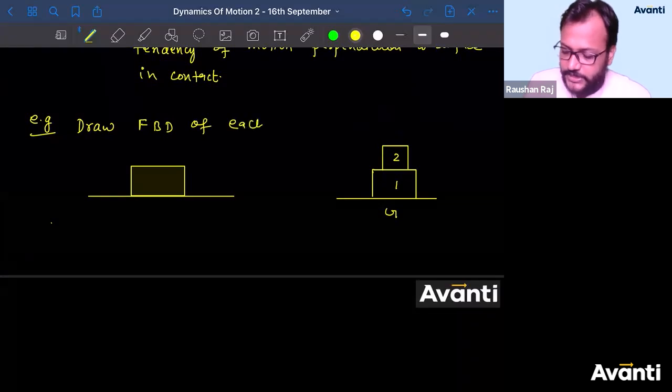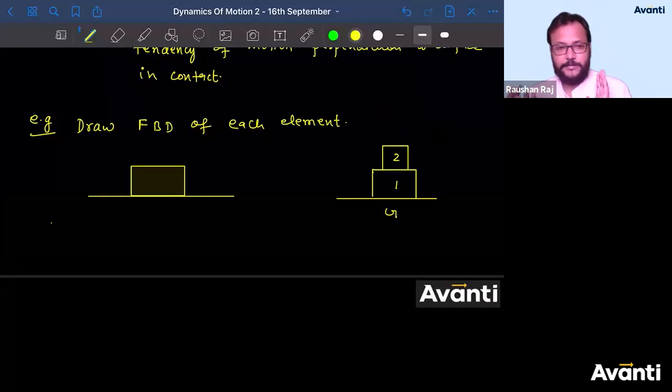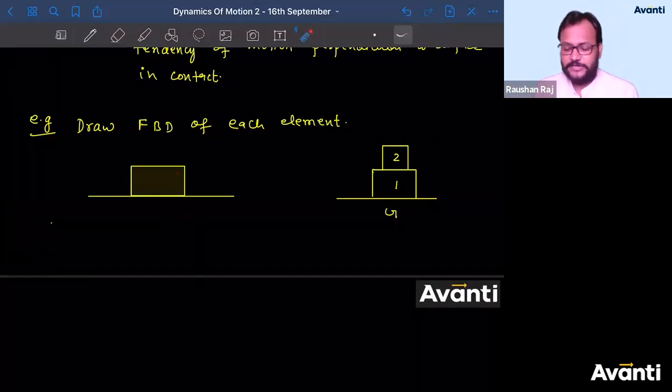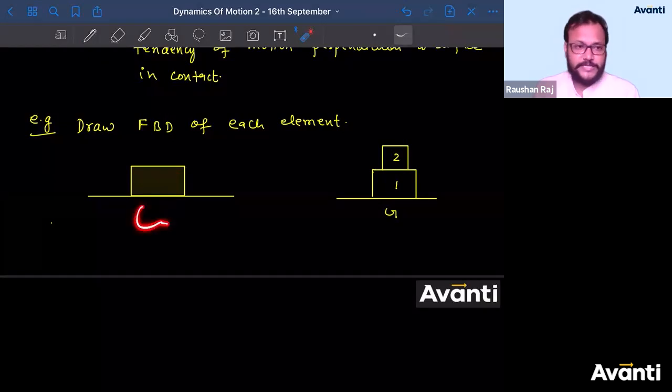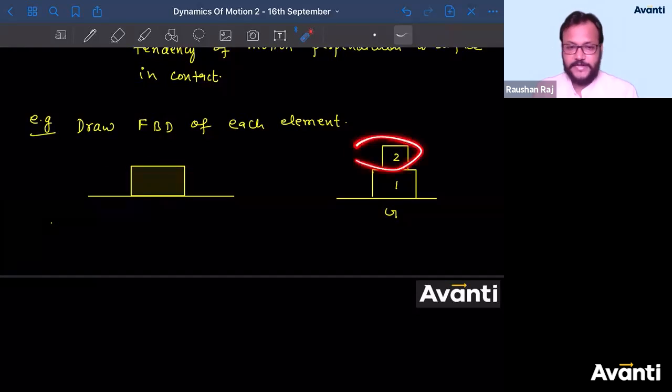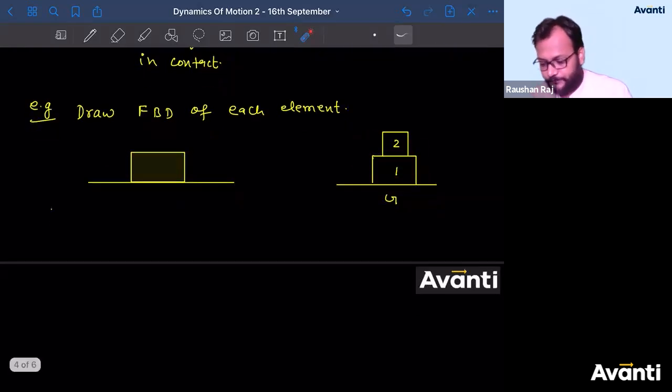of each element. So the element we have, in this case we are having one element, like the element which can be analyzed. Ground को क्या analyze करोगे? तो ground को छोड़ देना. Just analyze the blocks. Okay, analyze the second block, first block, like this.